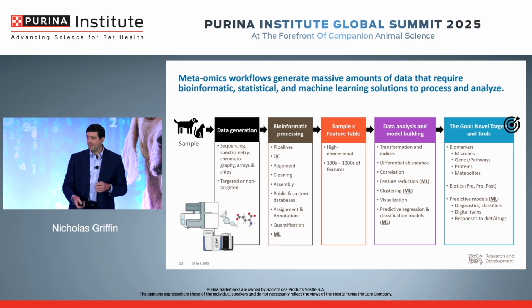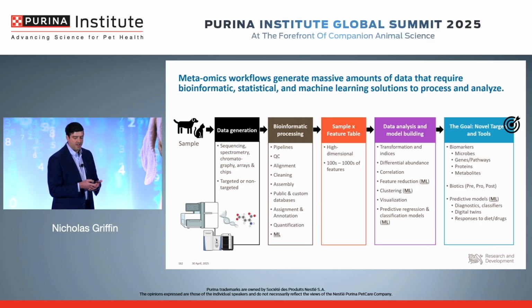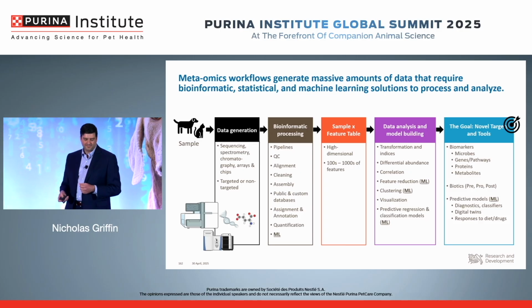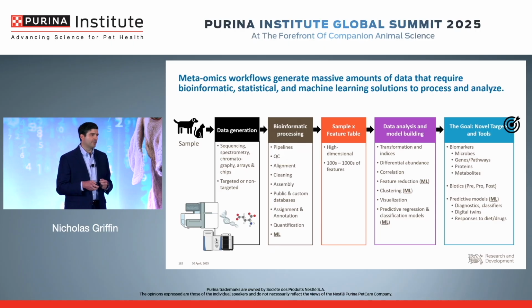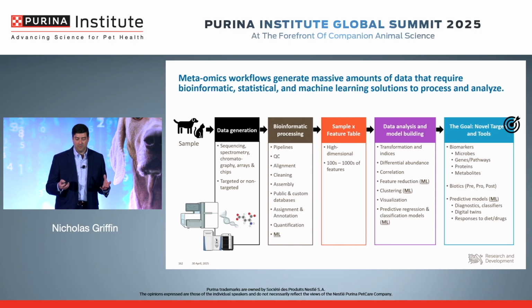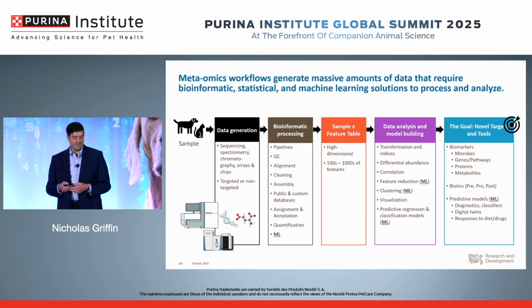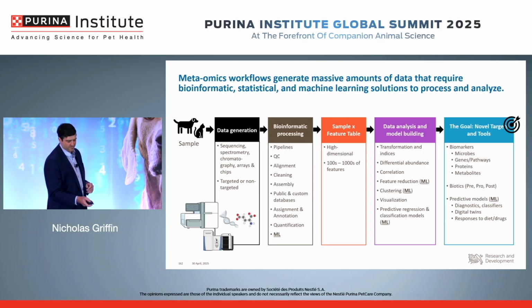And then the purple box, which is the one where I usually live and is my favorite part, is where you're actually analyzing the data, developing models to try to draw inferences about what happened in your experiment or to draw associations. You'll see ML all over this slide, and that's because machine learning has really been integrated into all of these steps at this point. So it can be used for feature reduction, clustering, or developing these predictive models. If I knew more what was happening inside these complicated machines, if I were more of a technologist, it's probably there too, and I could tell you what it was doing, but we're just going to assume that for the